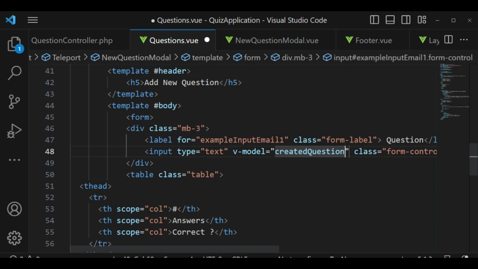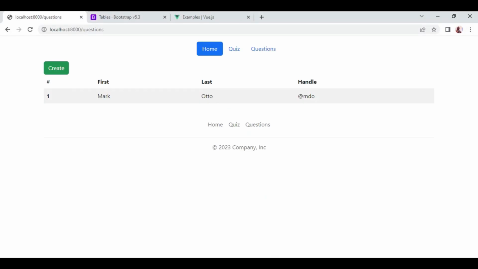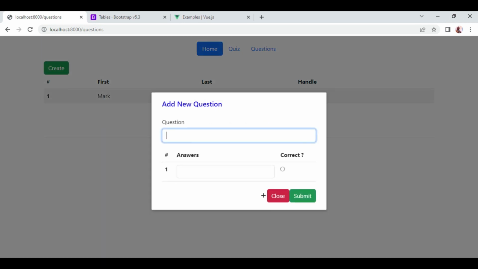Yes, it is possible to update a value directly to the ref, and it is usually reactive. So let us see, when we click here we have that, and when I type in,